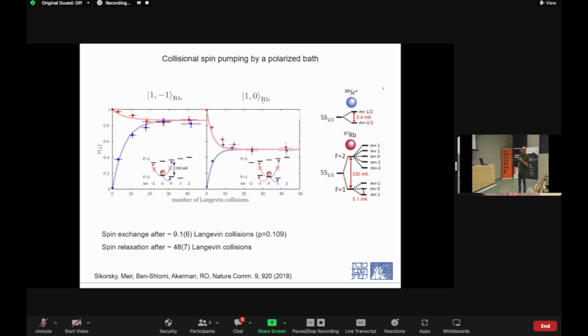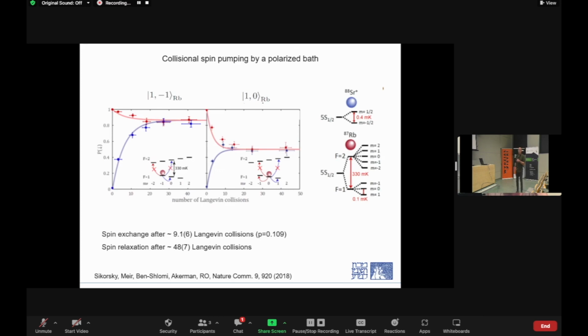And what we found is that if we align the gas in a preferred direction, we see that spin exchange collisions align the spin of the ion together with that of the gas. It takes about 15 or so collisions for the ion to get polarized. It gets polarized at the 90% level, and it's polarized at the 90% level because spin exchange occurs on average